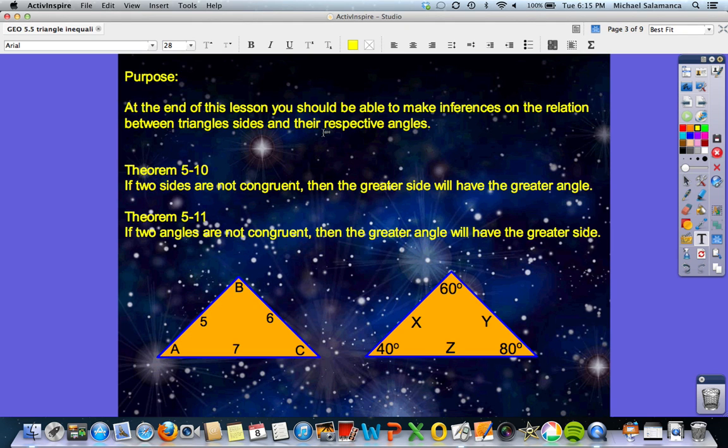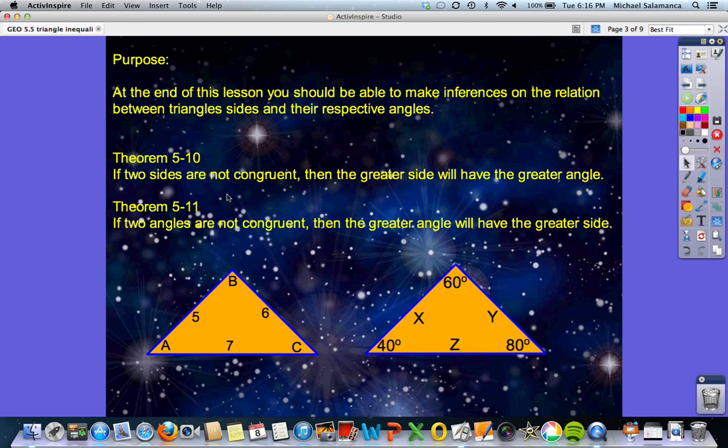So at the end of this lesson, you should be able to make inferences on the relation between triangle sides and their respective angles. Theorem 510 states that if two sides are not congruent, then the greater side will have the greater angle. Theorem 511 states that if two angles are not congruent, then the greater angle will have the greater side. So to put this in English, for Theorem 510, it says that if two sides are not congruent,